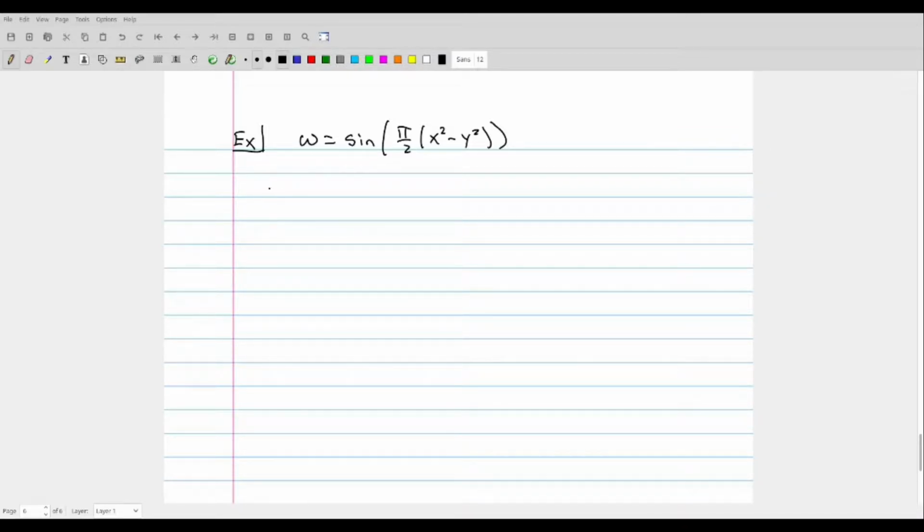To find the level curves, the topographical curves, we fix w equal to c, which gives us the equation that our function, sine of pi over 2 times x squared minus y squared,